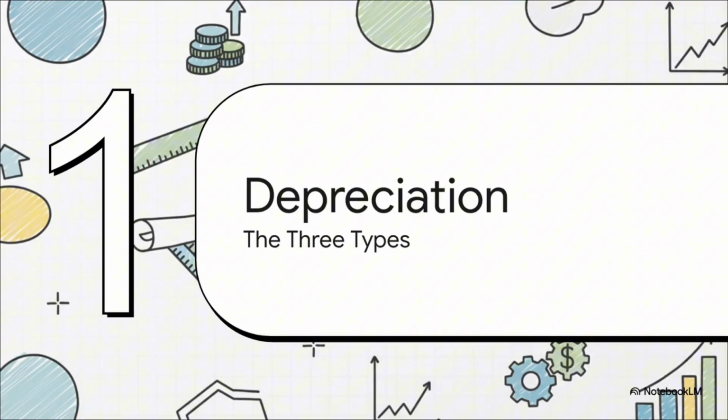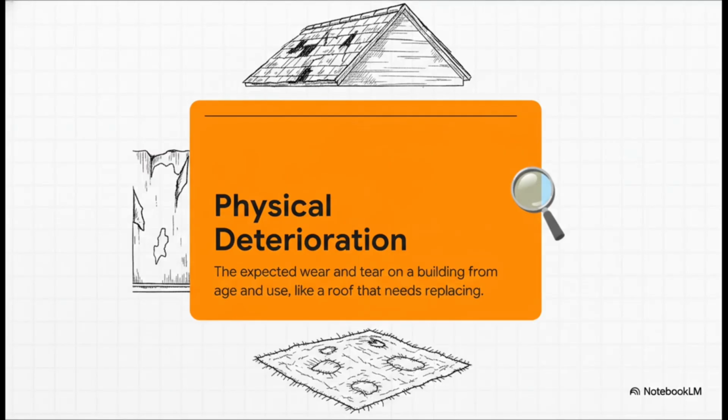All right, let's circle back to that super important third step, depreciation. Because let's be real, a 30-year-old building is not worth the same as one that's brand spanking new. And appraisers have 3 different ways they account for that loss in value. First up is the one we all get, it's just common sense. Physical deterioration. This is literally just stuff wearing out. The roof is getting old, the HVAC system is on its last legs, the carpets are totally shot. It's the price of time and use,